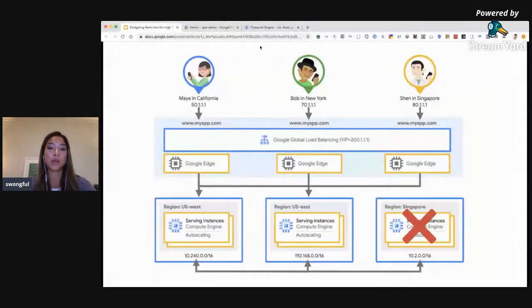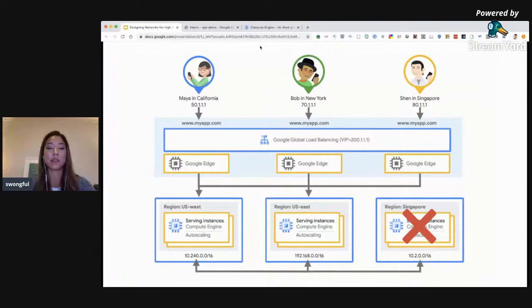So behind the scenes, what's happening here, and this illustrates what happens if one of my backend instances and its groups go down in Singapore. What happens to the user accessing myapp.com? Well, their traffic is redirected to the next closest region, let's say US East. Maybe I only have additional servers sitting in US East and US West.